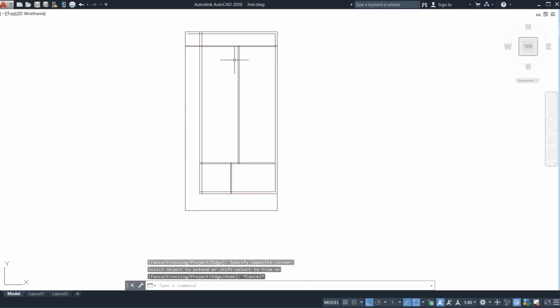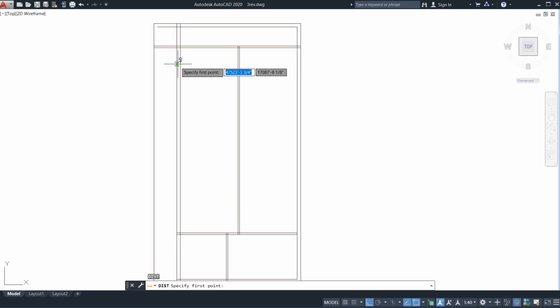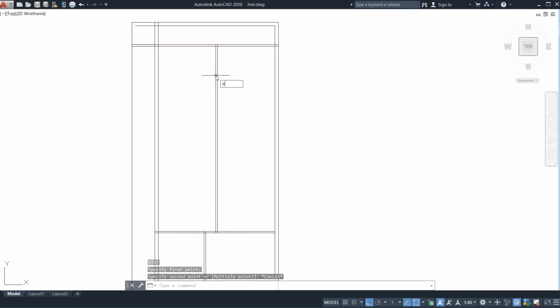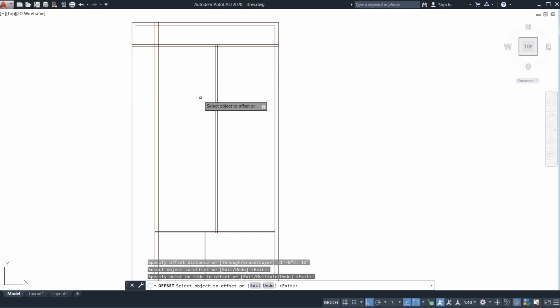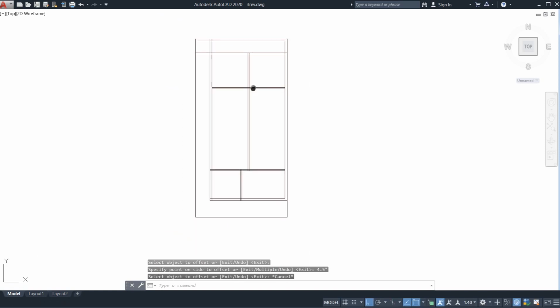After extending, now I need to measure the room length. So the room width would be 12 feet 6 inches, right? So what I need to do is offset of 12 feet. I need to have an offset of 12 feet from here, and again this, see, I have done it. So this plan is as per Vastu.